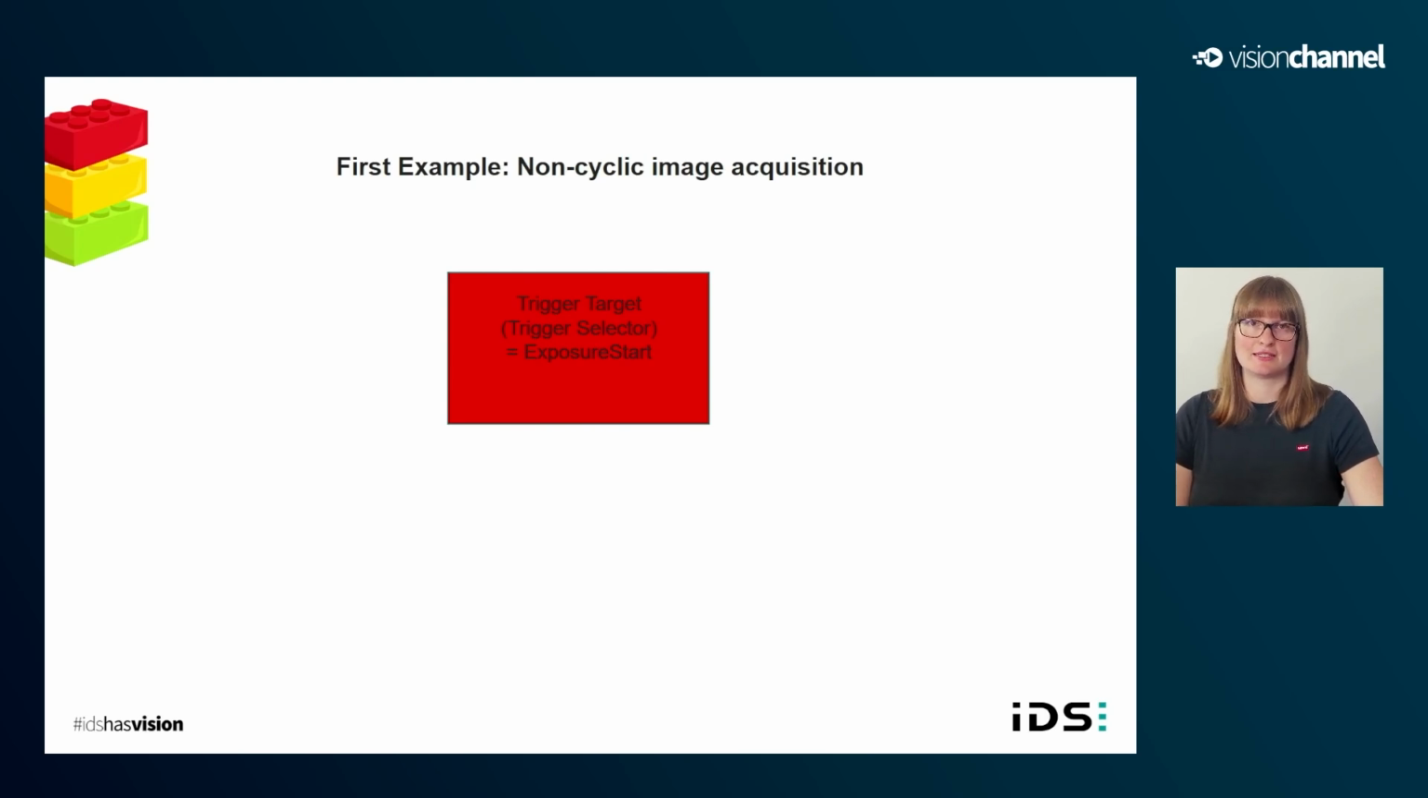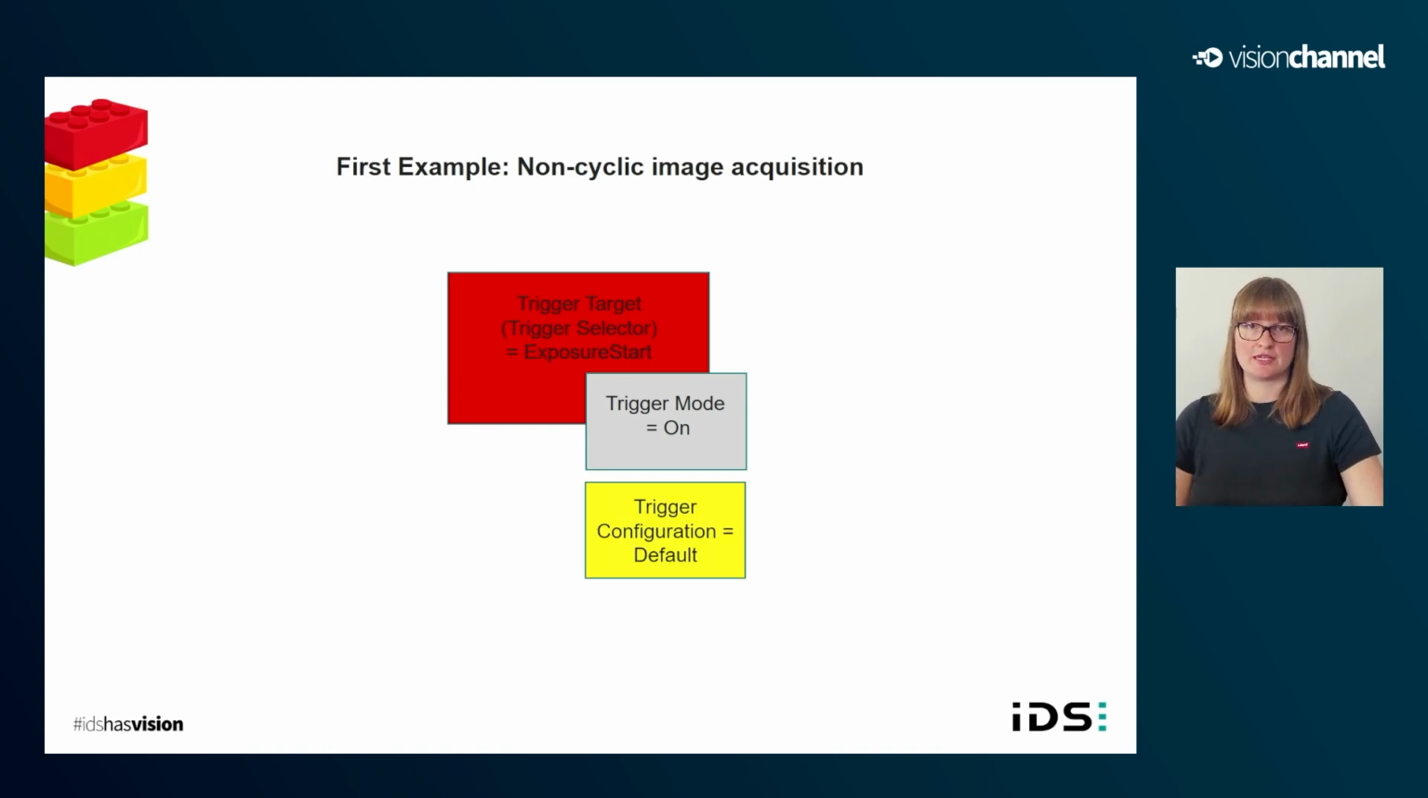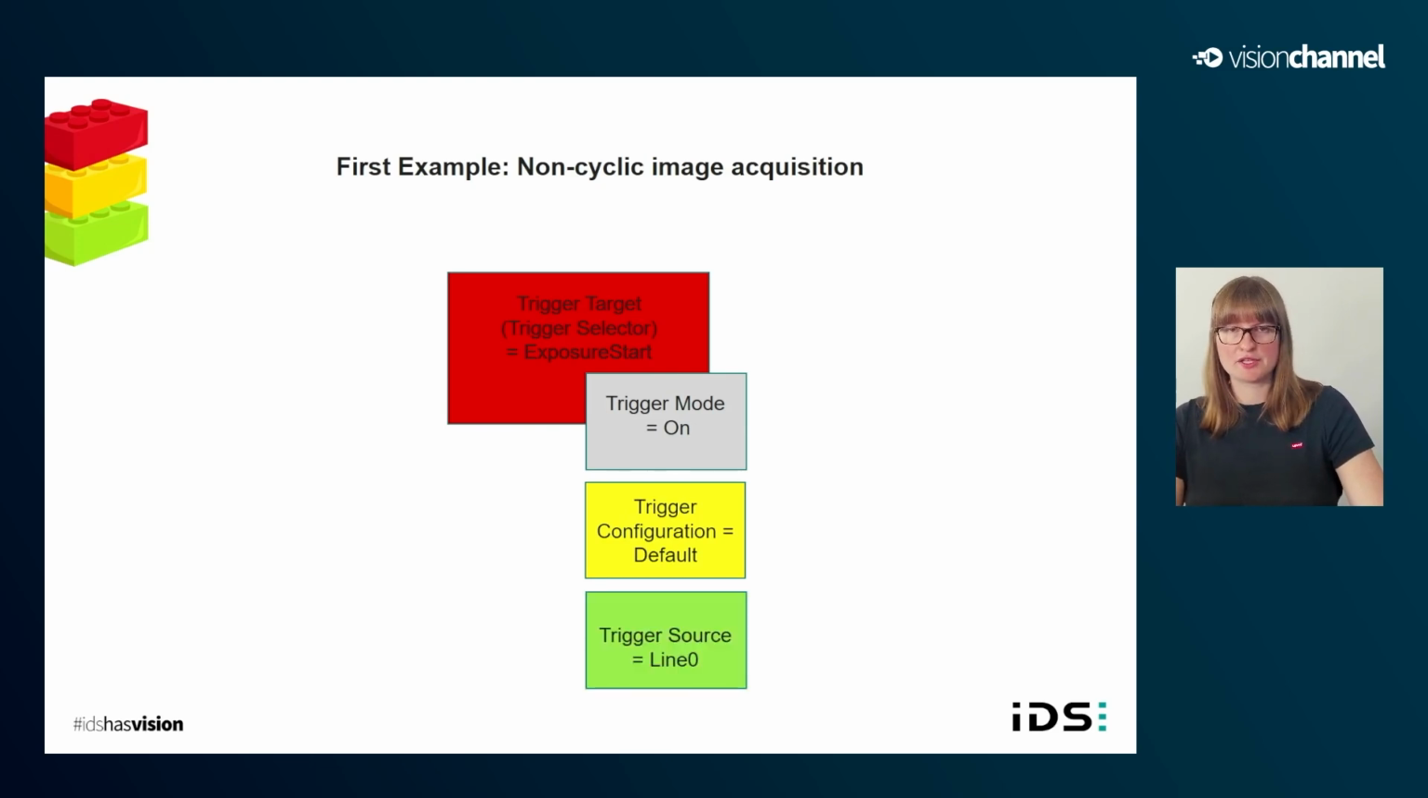This trigger target can be chosen via the trigger selector, which we will see in the IDS Peak cockpit in a minute. The trigger mode needs to be on. If it's off, the camera would be in free run mode, continuously capturing images with a defined frame rate. We do not need a special trigger configuration like a trigger delay or a trigger divider, so we leave everything default. The trigger source will be line 0 in our case, but it could also be one of the GPIOs